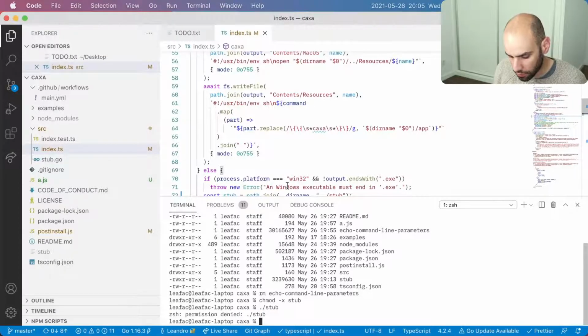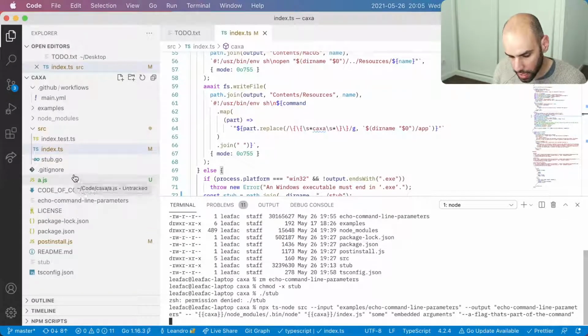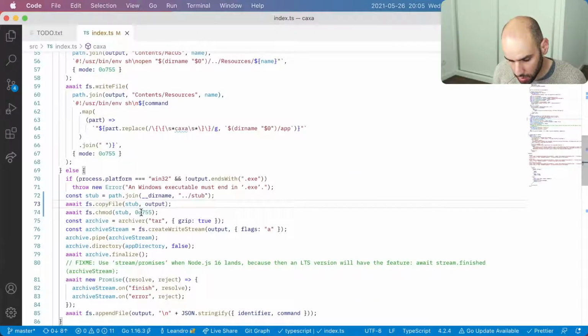But if I run the command that compiles, we should have the binary produced with the right flags. So echo command line parameters should have the right flags. And it appears that it does not. It does not. So this line is not doing what it's supposed to.